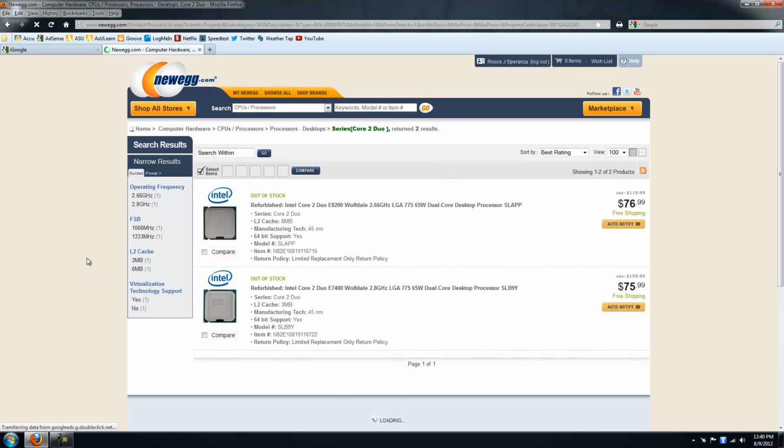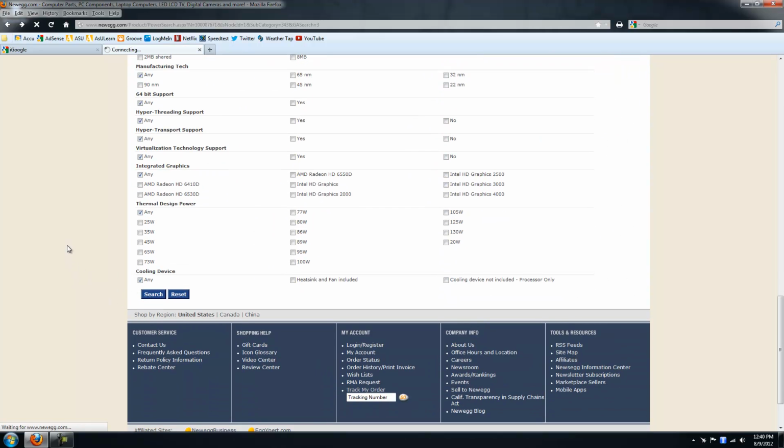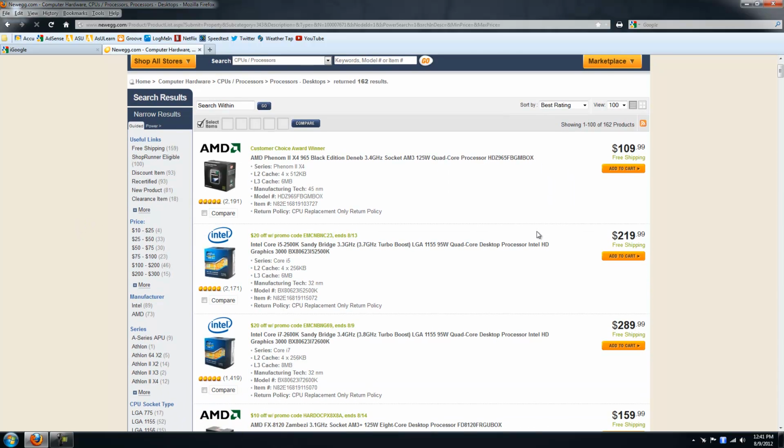I'm not sure why that happened. I think I accidentally clicked Core 2 Duo. I see there are only 2 Core 2 Duo processors left, and they're pretty slow, relatively, compared to the new ones. But here we have best rated, and as you can see, you have an AMD best rated, and you have Intel's best rated. Right now, I think the Core i5 is your best bang for buck Intel processor performance,